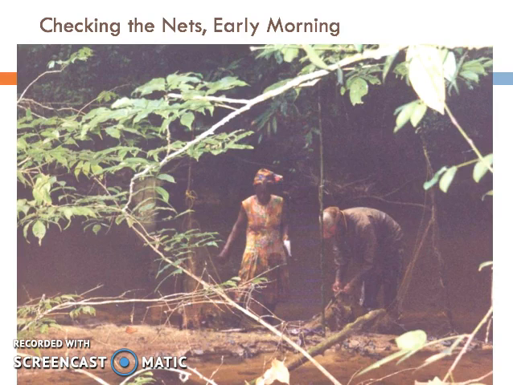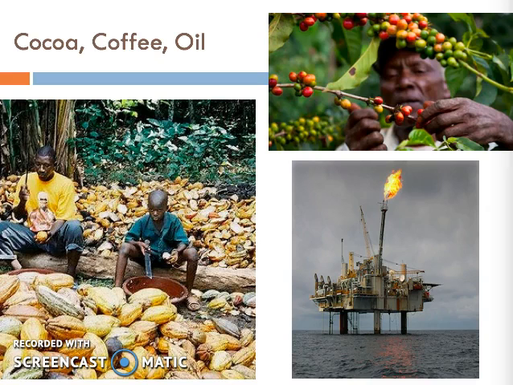Gabonese villagers also fish in a variety of ways, in rivers, streams, and swamps. Here you see a couple checking their fishing nets early in the morning. They had come out to a village fishing camp about 10 miles from the village.